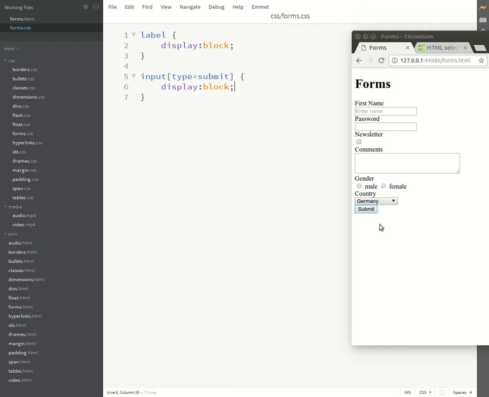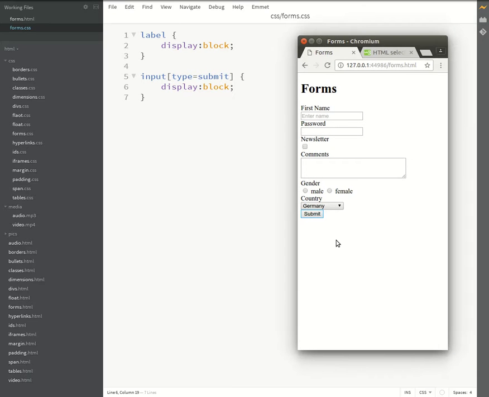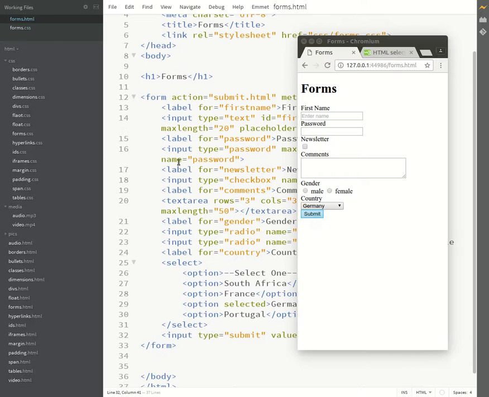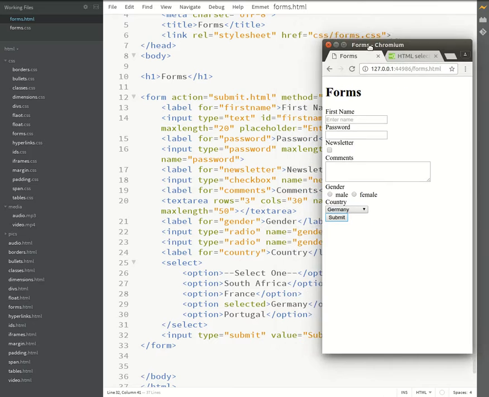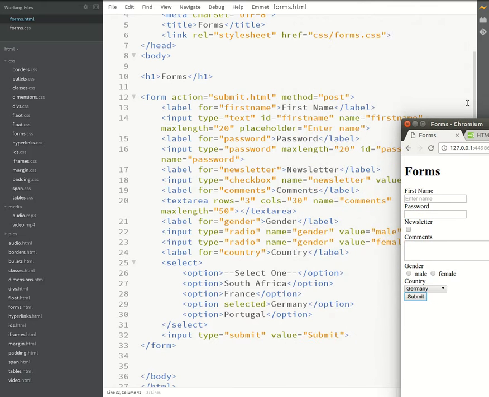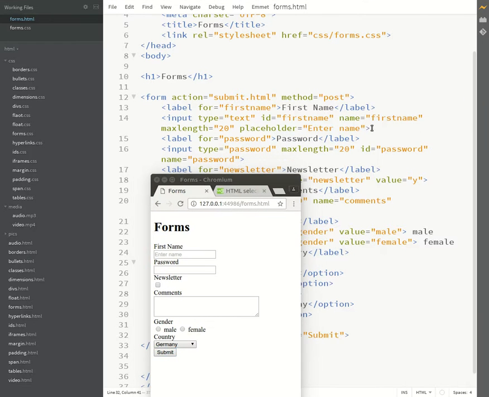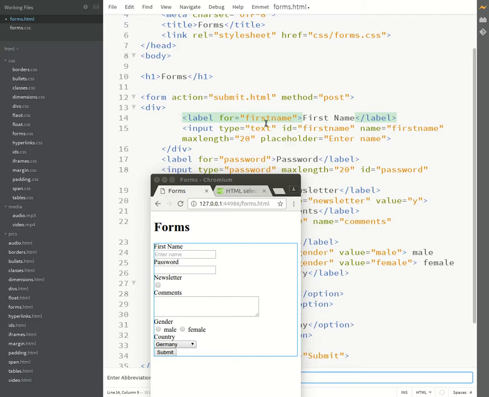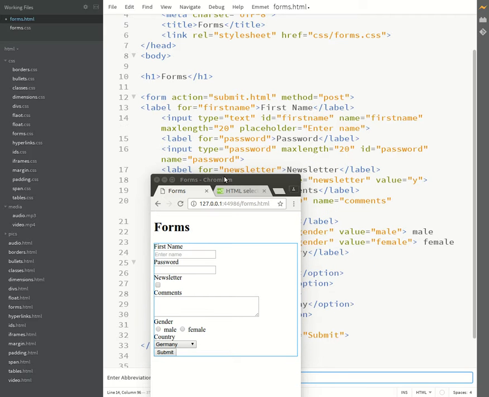Okay, the next thing we could maybe do is improve the spacing a little bit here. And the way to do that is maybe to use div tags around the label and value pairs. Let's see if we can do that. So I'm going to just take a combination of the label and the input tag, and I'm going to wrap it with the div tag, and I'm going to give it a class of